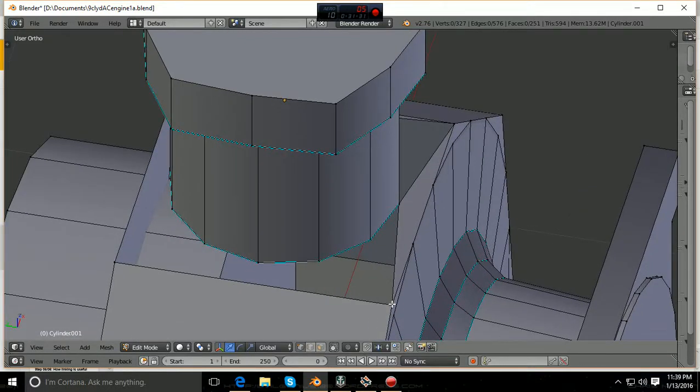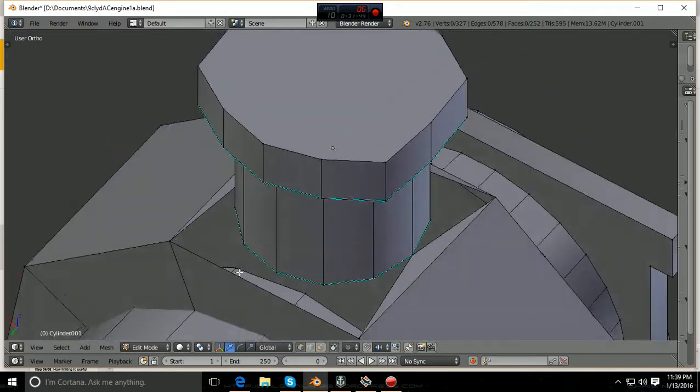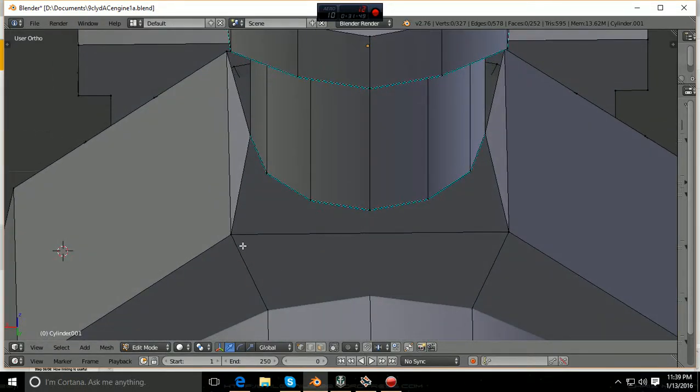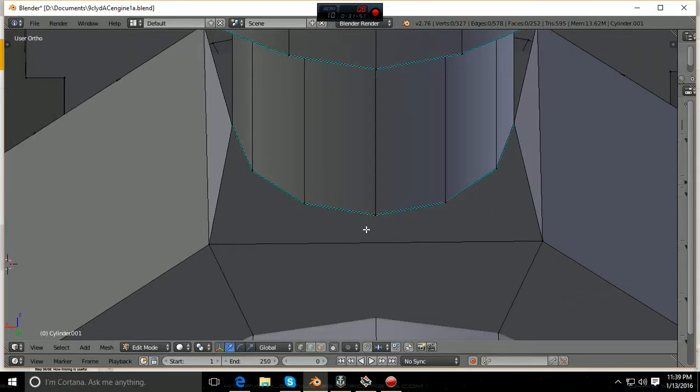And same here, we can select these. We're going to do this on all four sides. Face. Okay. And the other thing about this too, if